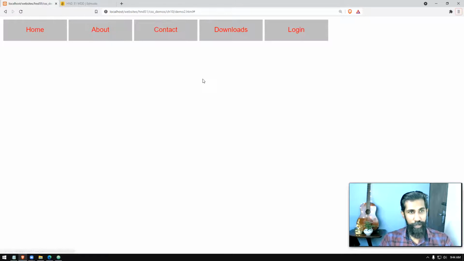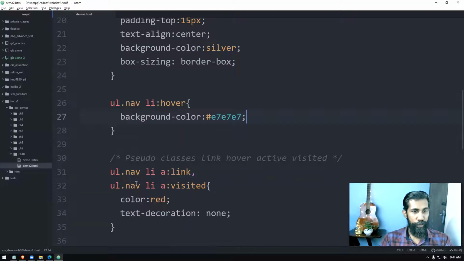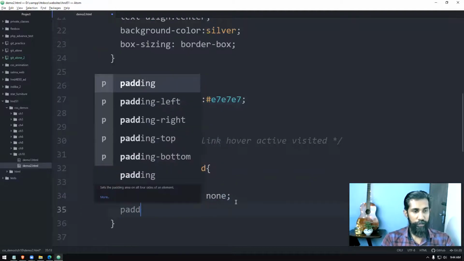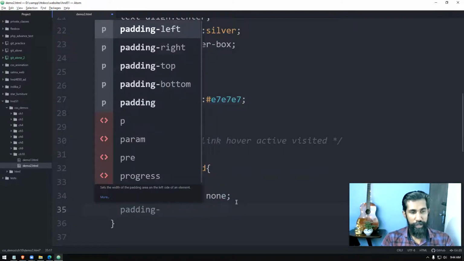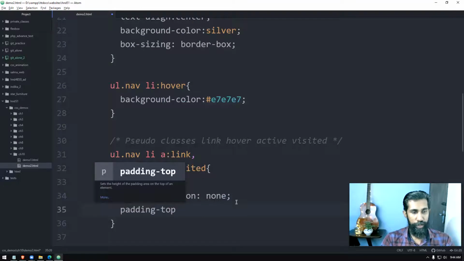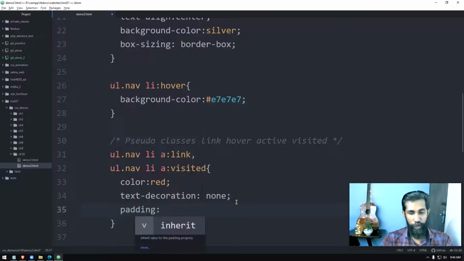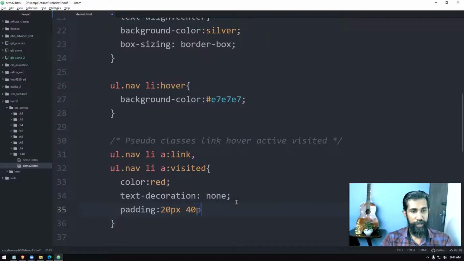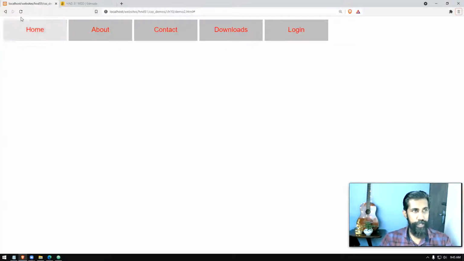So what we can do is use padding for links. Top and bottom we can give 20 pixels, left and right we can give 30 or 40 pixels, right? So we'll refresh this and see.